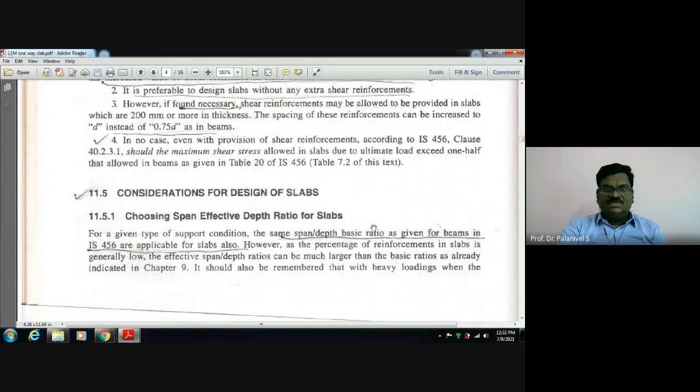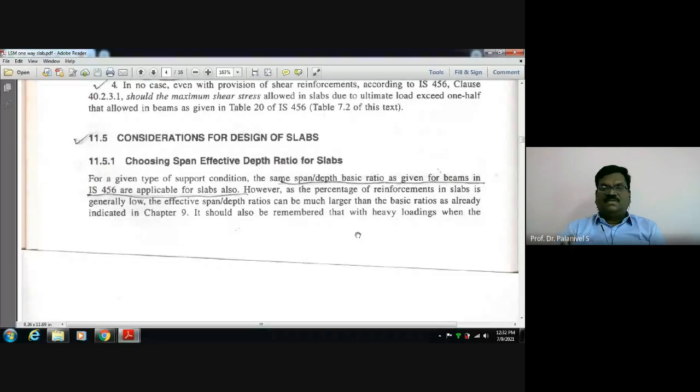Then, choosing of span to effective depth ratio. That's a very important thing I am coming to in slab design. Recall your design of beams. How did you arrive at the depth? First you chose the span to effective depth ratio provided in the IS code. Say the span to effective depth ratio is 40 something, and you made it 35 or 30, and from that you determined the depth. Later you computed dead weight, the live load, and computed bending moment. Afterwards, you know M equal to 0.138 fck bd square. From that you determined the d and checked it, whether the provided depth is okay or not. This kind of check we have done at a later stage.